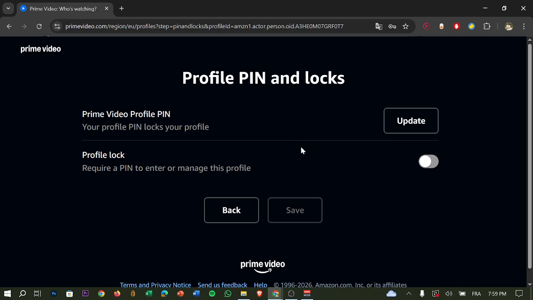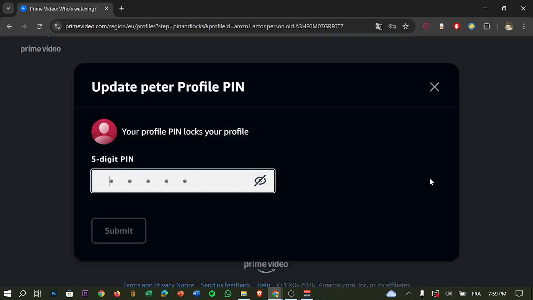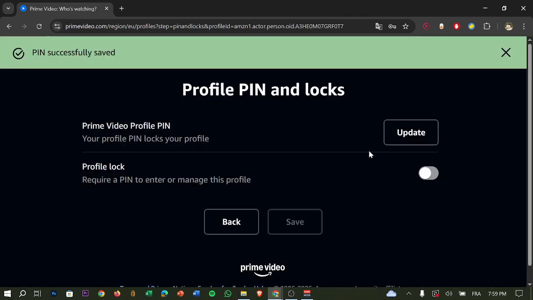Okay, so now verify your identity. So enter your current pin as I did, or use your Amazon account password. It's required for security. Now enter new pin. Okay, so as you can see here, submit, and then